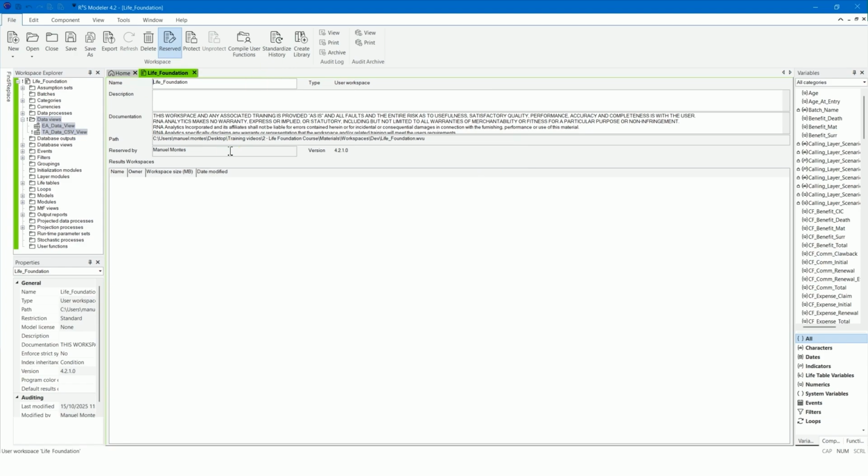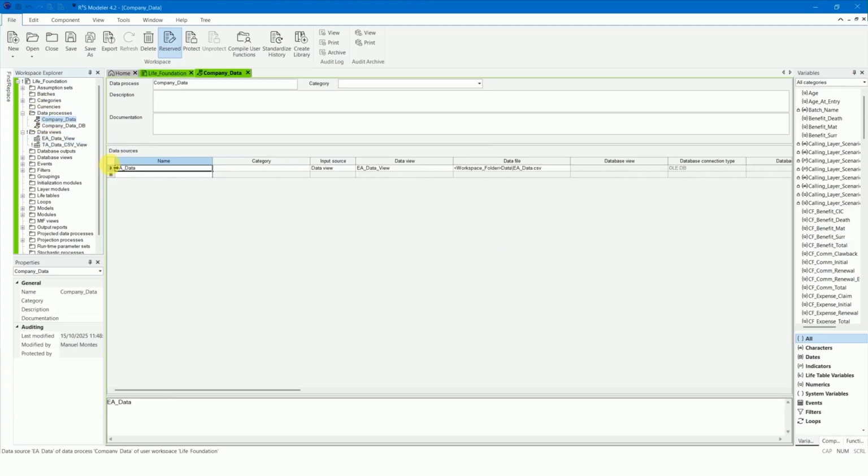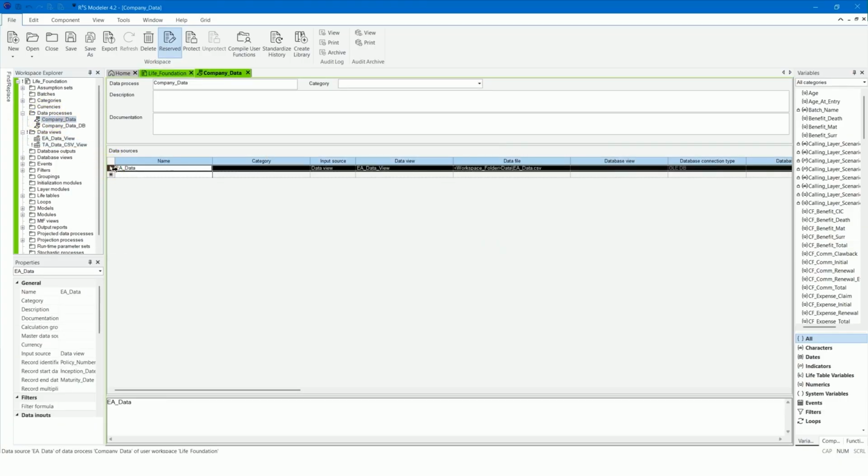We'll now add a new data source to your existing data process to read the term assurance data. For this, you can duplicate the data source EA data and amend the properties, data view and data file accordingly.